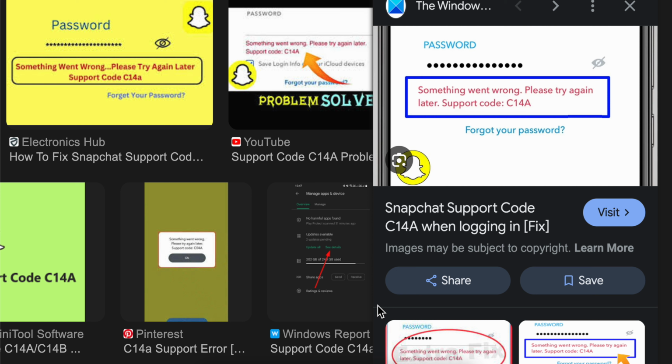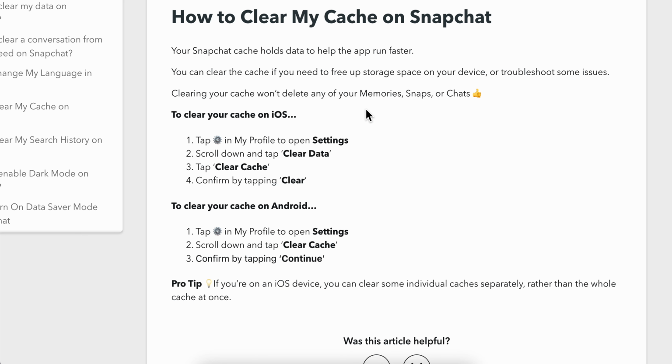How to fix Snapchat error code C14a. So basically what you're gonna have to do is simply clear your Snapchat cache files. This is the only way that I found that it's currently working. So in order to clear your Snapchat cache files, what you're gonna have to do, if you're using iOS,